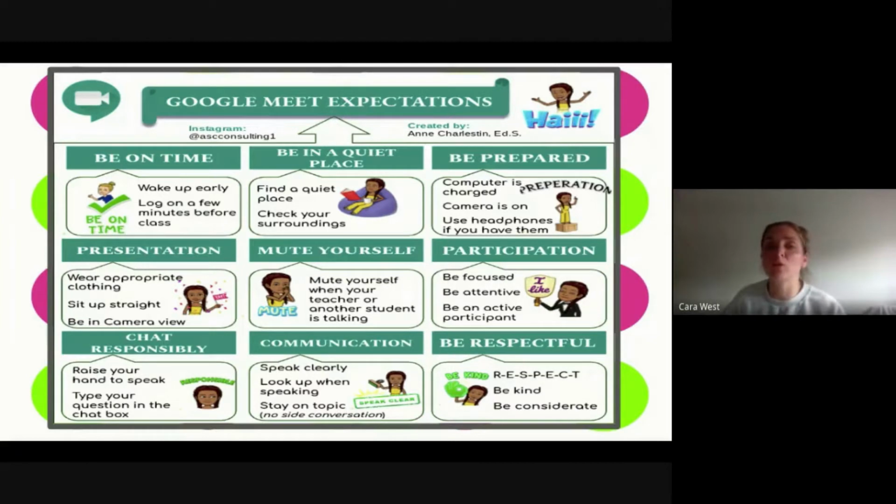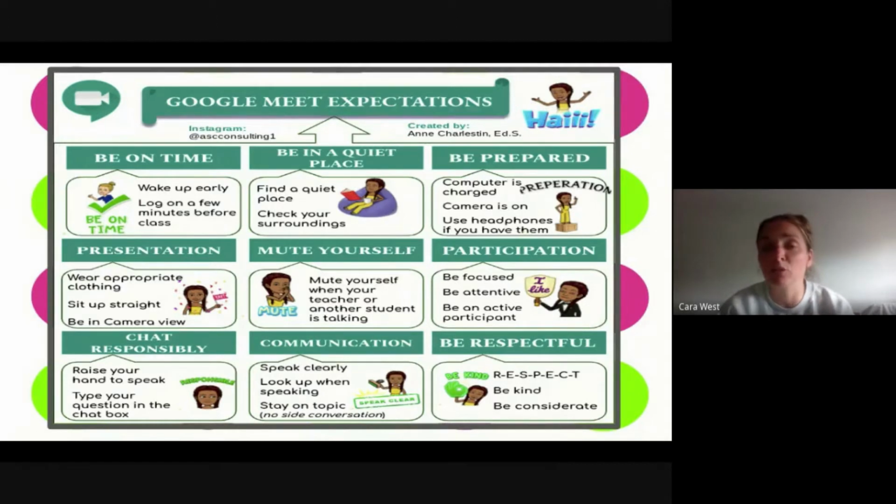Once we're on your Google Meet, we're going to go through some expectations. When you log into your Google Classroom, there's going to be a generated Google Meets link. That's how you will sign into class. So you want to be on time and get on that link ready to go right away. You're going to want to do your best to find a quiet place in your house so you're not distracted. Please either have your Chromebook charged or have your charger connected to your Chromebook so that you don't end up logging off a class in the middle of it.